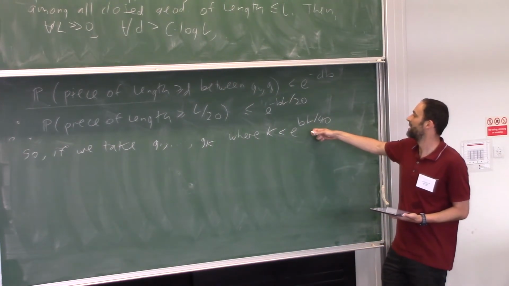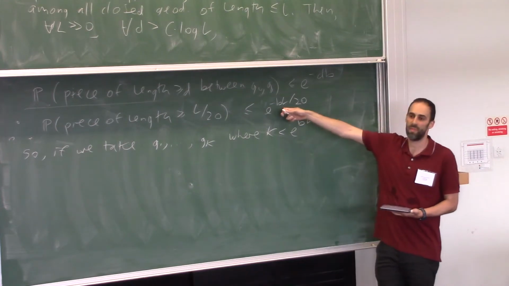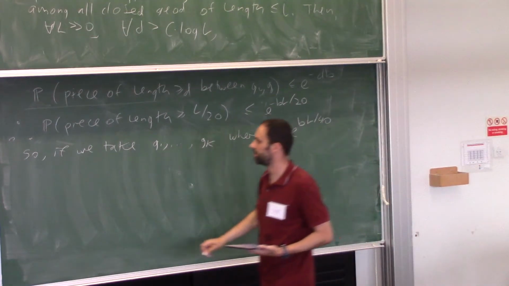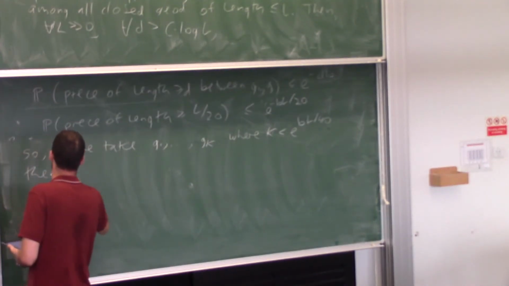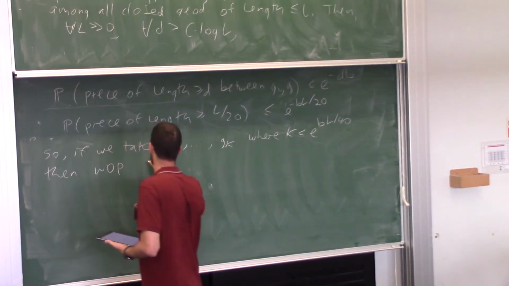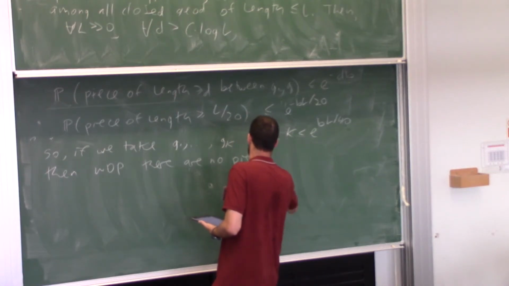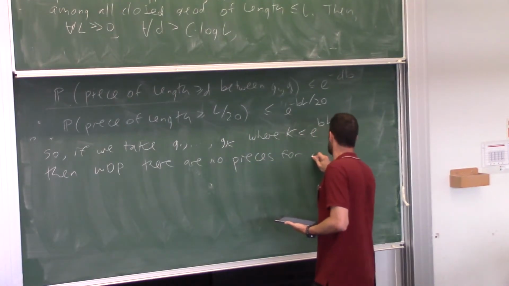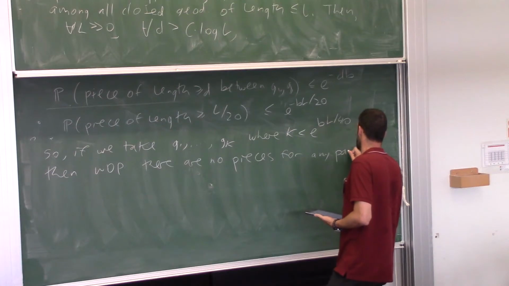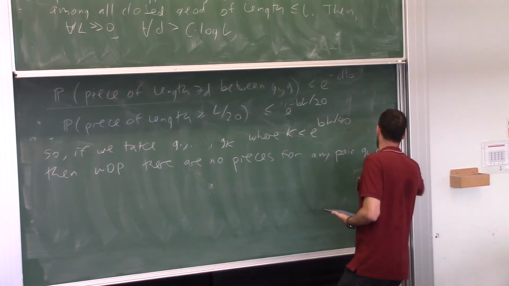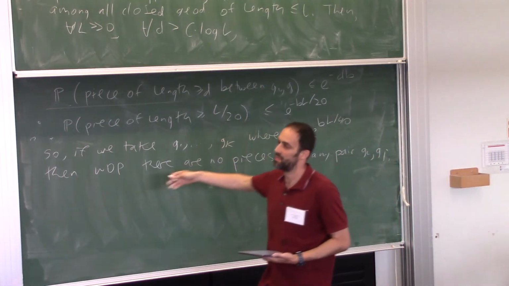Then the square of that number is going to beat out that number. Then the wrong probability: there are no pieces for any pair. And you have to do something similar with